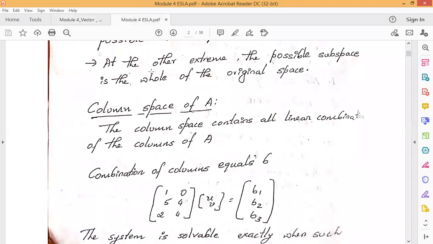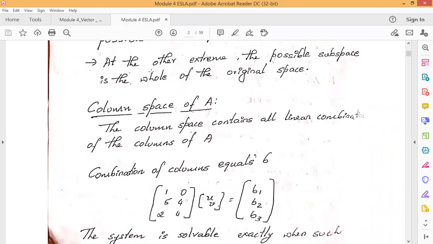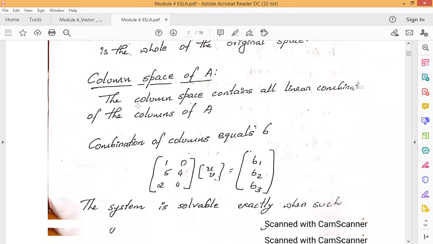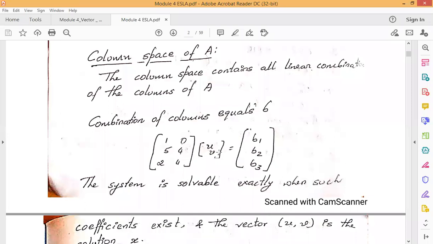Other than vector space and subspace, we can also define the column space. If you have a matrix, each column represents the column space. Whenever these column elements are multiplied with another element, we can have an equation like Ax is equal to b. Here A is treated as the column space, and the equation that you get has to define some point.